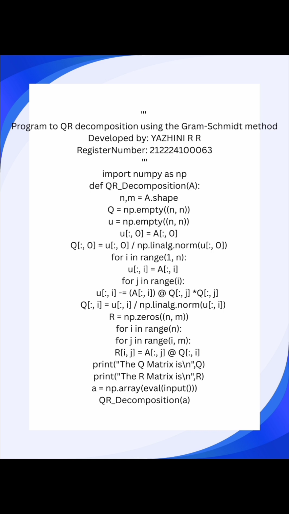Constructing R. R = np.zeros((n, m)). For i in range(n), for j in range(i, m). Now that we have Q, compute R as the dot product of the ith column